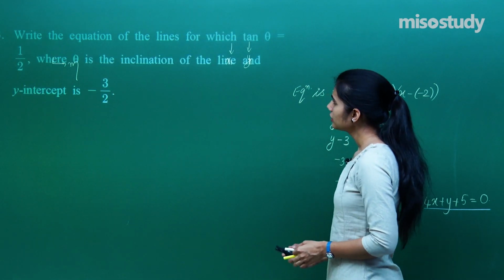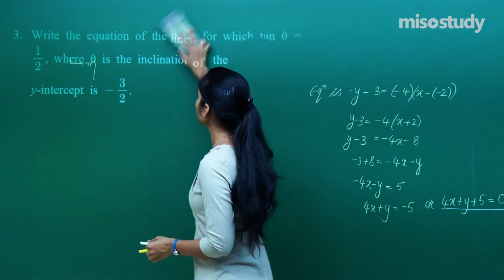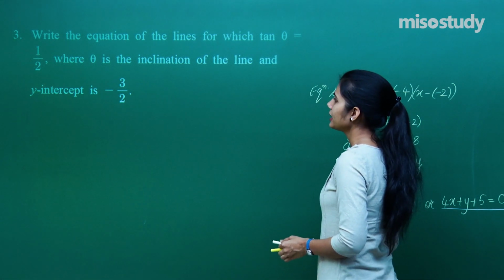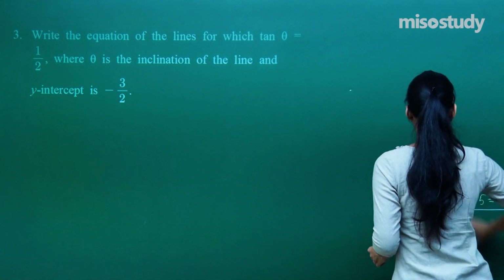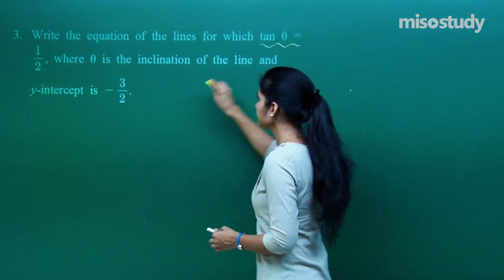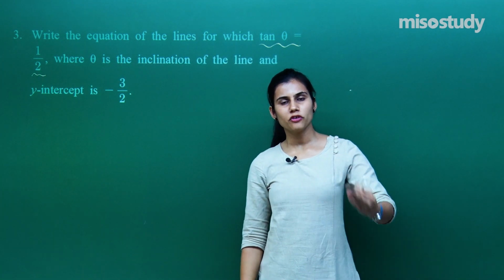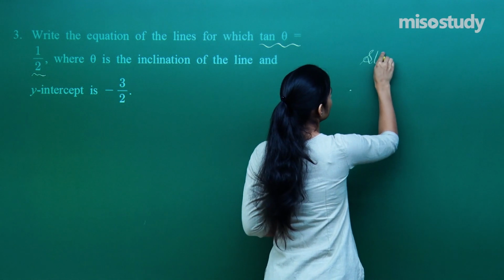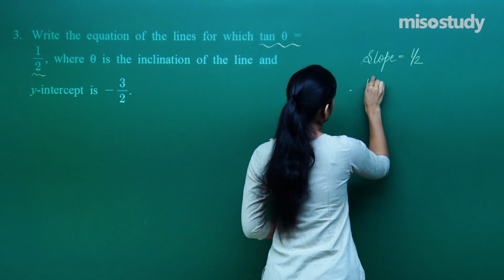Next we have, write the equation of the lines for which tan theta is 1/2 and theta is the inclination of the line and the y-intercept is -3/2. So I am given the y-intercept and I am given the value of tan theta. I know that if theta is the inclination of the line, then tangent ratio of the inclination is nothing but the slope. So actually I am given slope of the line as 1/2